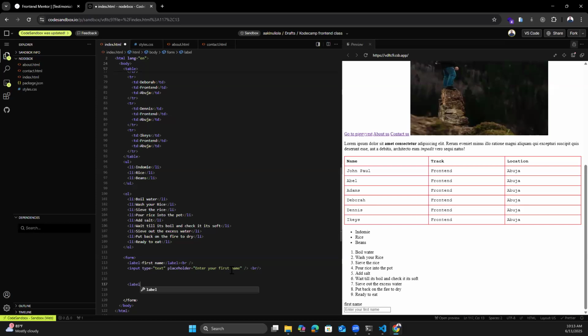So we have a label, then we have last name. We also have label right here, and we have our break tag. So if we are using this, you just have to add